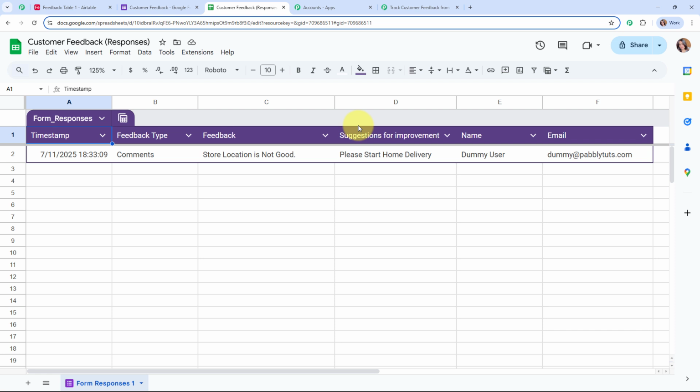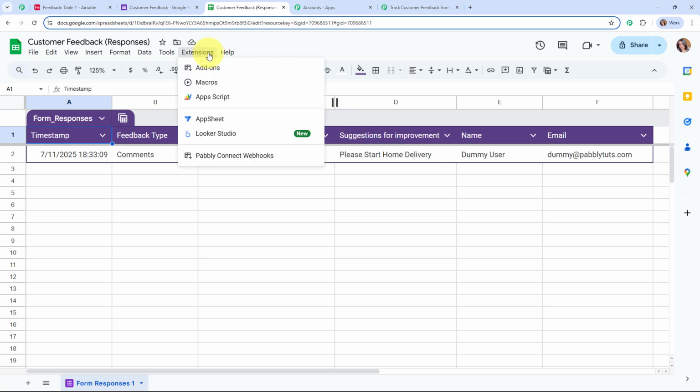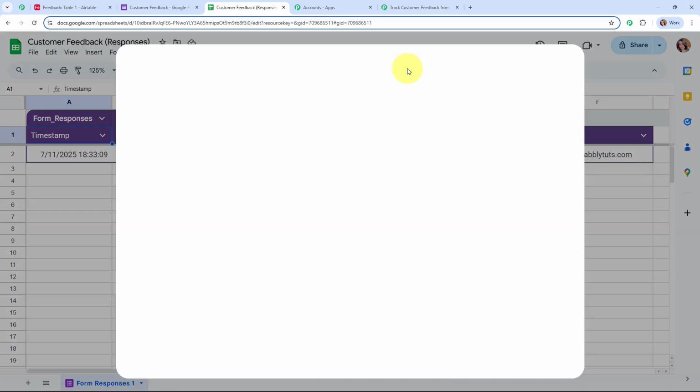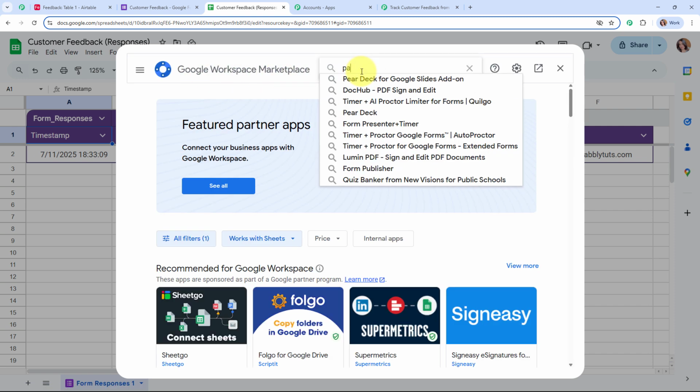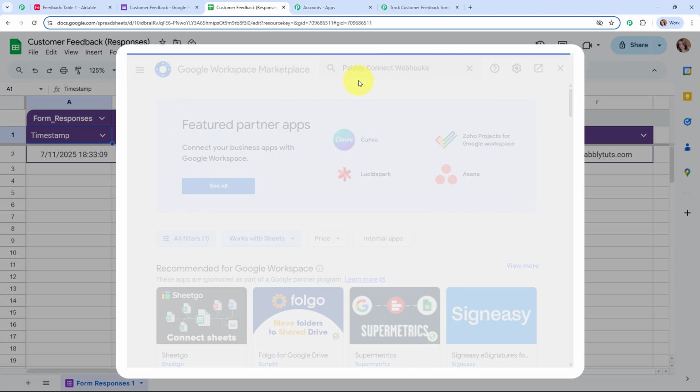So here to build this connection, you need to install an add-on on your Google Sheets account first. And for that you need to click on this extensions, and from here you need to select add-ons. Now here in this add-ons you need to select get add-ons. Then here in this Google Workspace Marketplace, you have to search for an add-on that is Pabbly Connect Webhooks, and